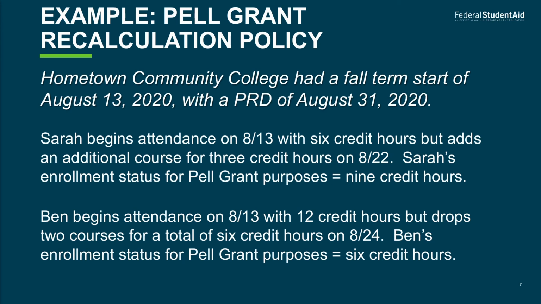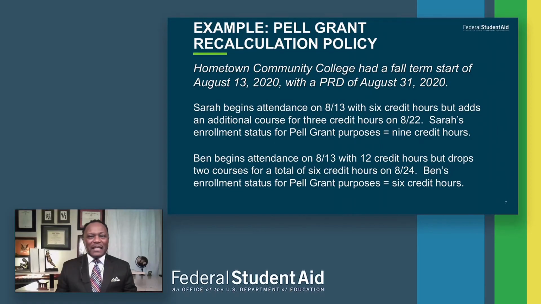Here we have Hometown Community College. You're going to hear about Hometown Community College a lot today, with a fall term start of August the 13th and a Pell recalculation date of August the 31st. Let's look at our first student, Sarah. She begins attendance with 6 credit hours, but adds an additional course for 3 credit hours on August the 22nd. Because she added the additional 3 credit hour class prior to the PRD, Sarah is enrolled three-quarter time for